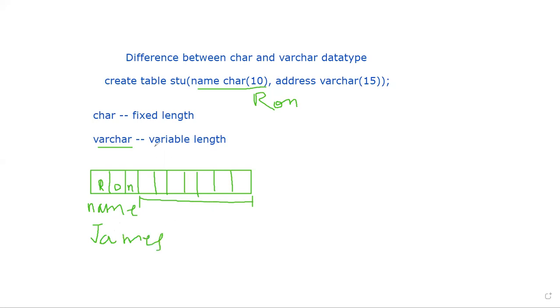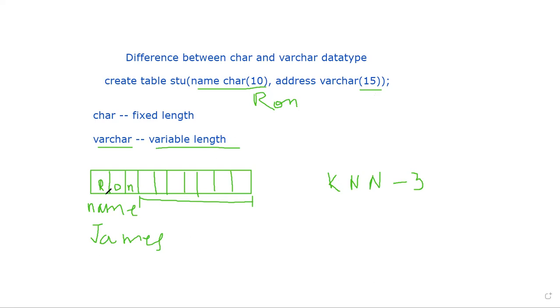But when we talk about variable length, in that particular case, whatever we specify is the maximum length. Out of this, only whatever you are using will be used. For example, if you are writing somebody's address as KNN, then out of 15 bytes only 3 bytes will be used. The remaining 12 bytes can be used for other purposes. Therefore we should use variable length as compared to fixed length.